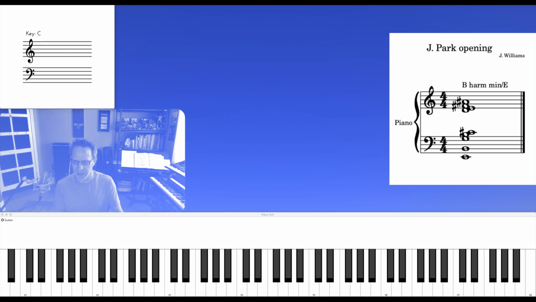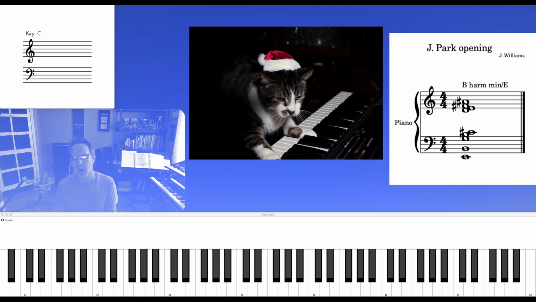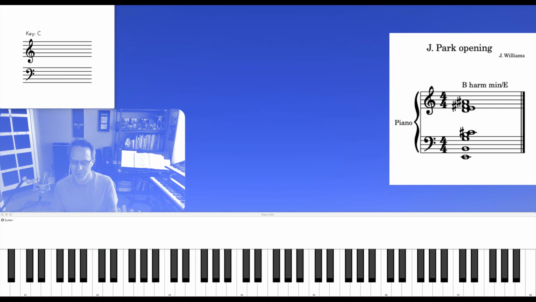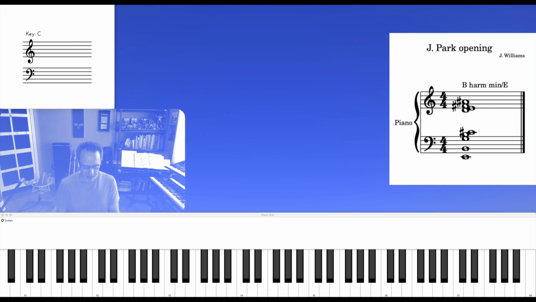Or if in the middle of the night your cat just walks on the piano and it sticks to the white keys, that's technically pandiatonic too. And a lot of people go to school for many years to learn how to write just like this. It's very artsy. In this case, it's B harmonic minor